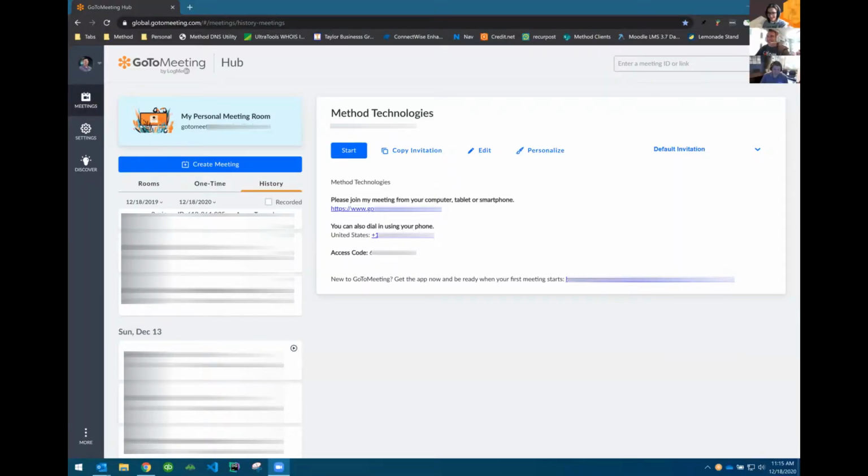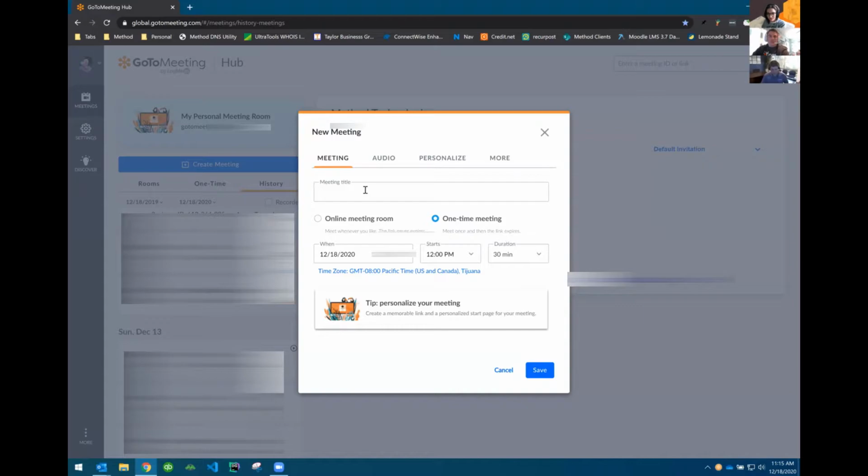So for GoToMeeting, I'm going to start with the GoToMeeting hub, which is actually in the web browser. And then we'll go into the app that you can install on the computer. But I would say shifting more towards the web browser is definitely the trend that things are going in. So creating a meeting is very simple. You just click on Create Meeting, and it's going to give you the title about